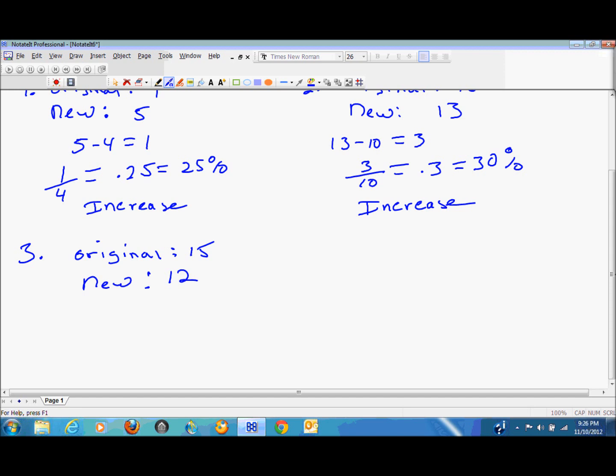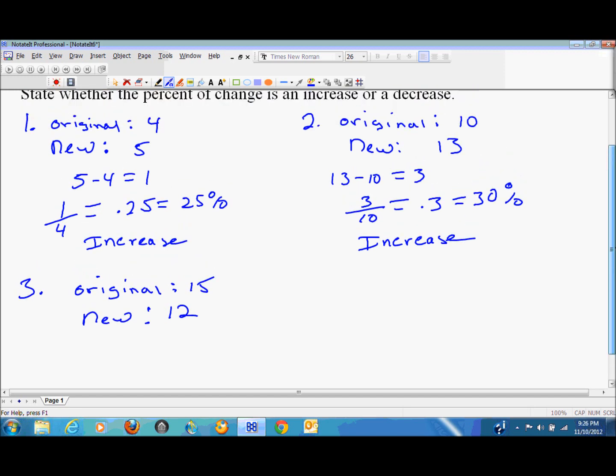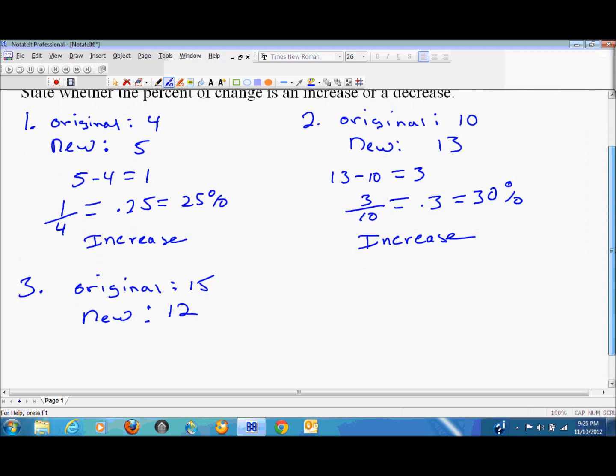Okay, so how do we work this out? We have the change, the percent of change will be, we can do it easy and say 15 minus 12 equals 3,